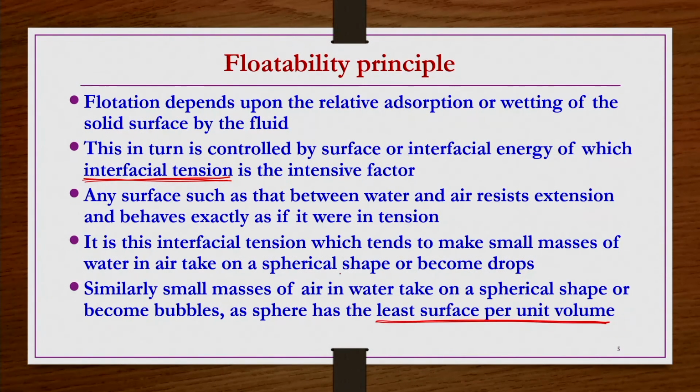Whether it is droplet formation in air or bubble formation in water, they take this spherical shape because their interfacial tension is such that it is not allowing the stretching of this material in the other phase. So, this material tries to take a shape which has the least possible surface area per unit volume, and the spherical shape is the one with the least possible surface area per unit volume. That is the reason this material